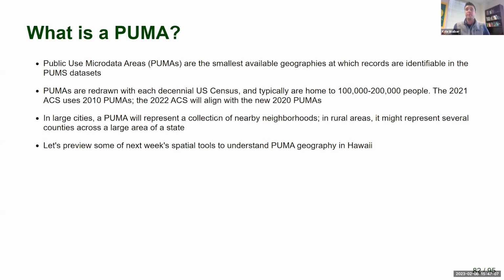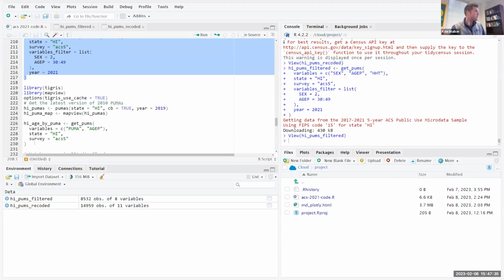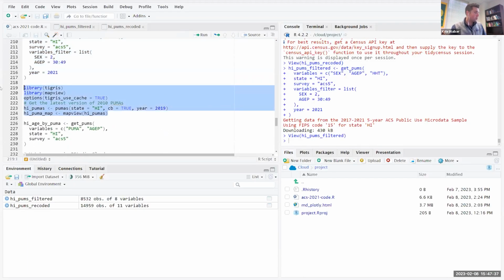And so we're going to preview some of next week's spatial tools to show you how to look at PUMA geography in Hawaii. So if you run this bit of code, you're going to learn next week the Tigris package, which I wrote for working with census shapefiles. And you can learn the mapview package, which I did not write, but I use daily to do interactive viewing of spatial data in R. And so PUMAs, if we run this bit of code, what we'll get